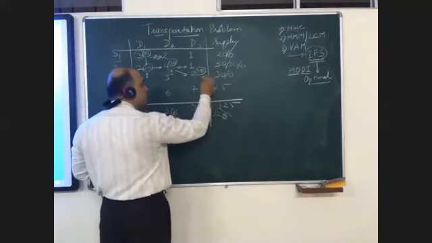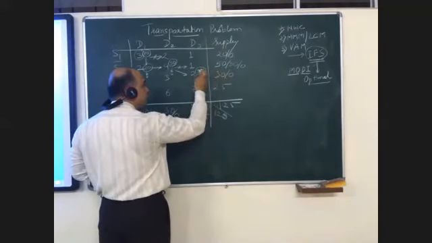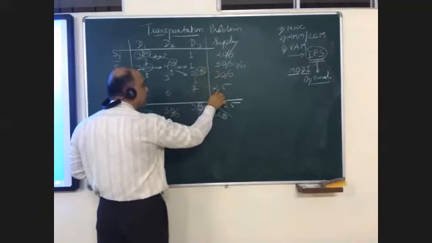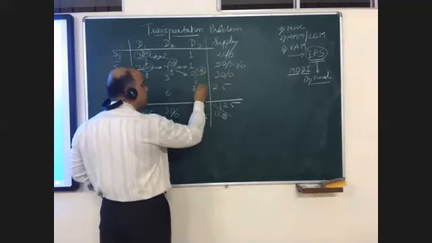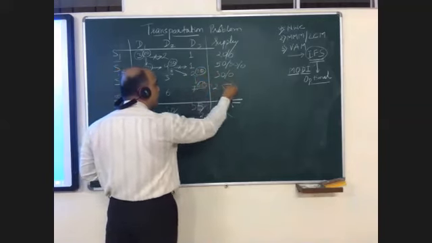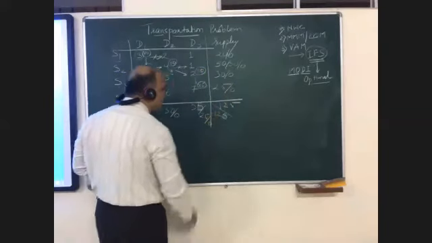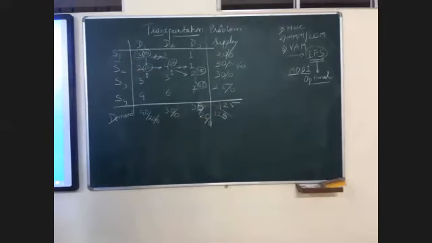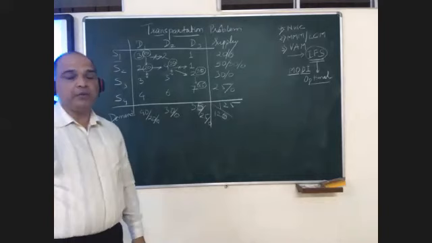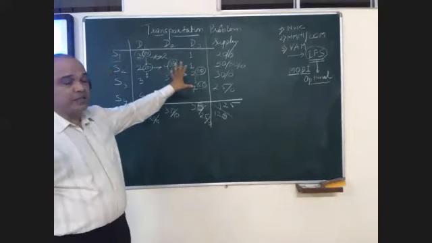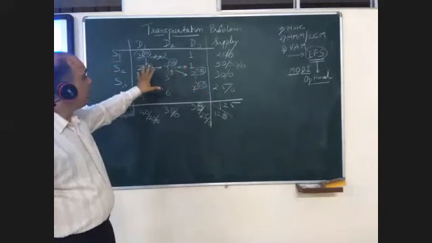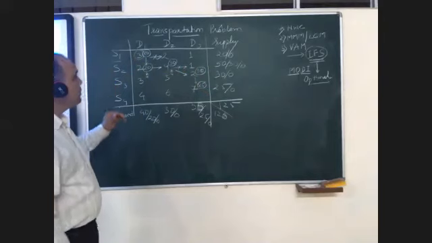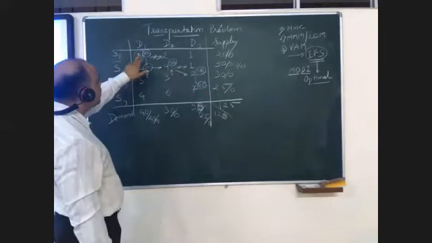Now, this is exhausted. I cannot move towards the right hand side. There are no more supply or demand centers, so I will move downwards. The supply is 25 and demand is 25. Both get exhausted. This is the initial feasible solution, northwest corner method. Now, you will ask me, sir, how much is the initial feasible solution? I'll tell you how to calculate it. But before that, try and understand what this is.